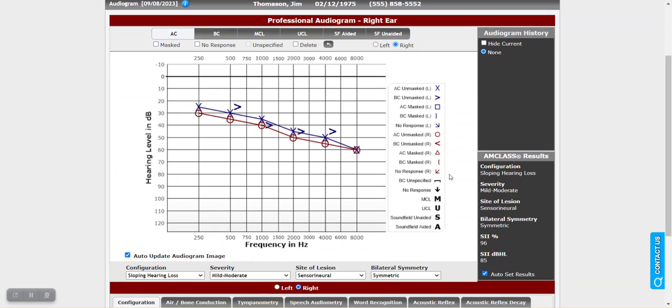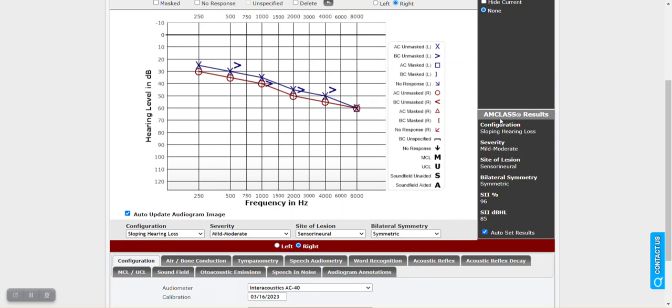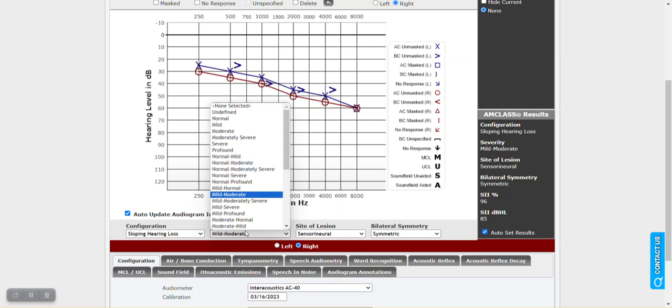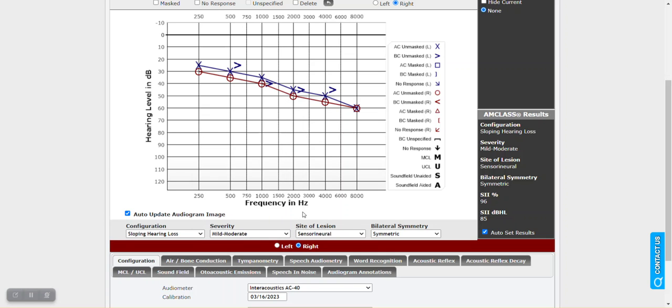Now, with the test data in CounselEAR, you can bring up any previous audiograms and see a shadow audiogram comparison. CounselEAR also leverages the M-class system to perform an initial classification. So this is being called sloping, mild to moderate, sensory neuro, and symmetric. But that classification can be changed based on your preference. So what you see for this audio, you can list that. And this is particularly important because this classification can save you a lot of time in other aspects of the